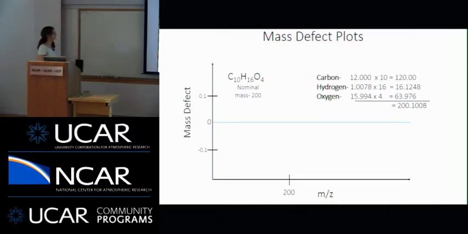So in this case, the molecular weight is about 200.1. You can tell that it has a mass defect, being the difference between the molecular weight and the nominal mass, of 0.1. So this molecule would lie on the mass defect plot right about as a dot right here. On the mass defect plots I'm about to show you, every single ion that we measure in the mass spectrometer is a single dot, and they have all been calculated this way.